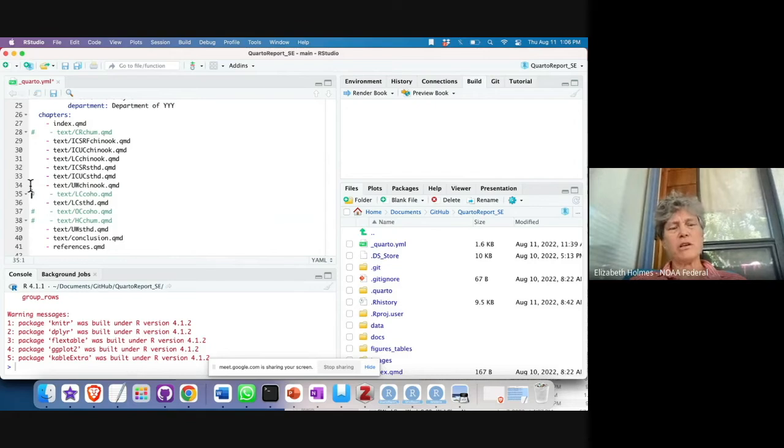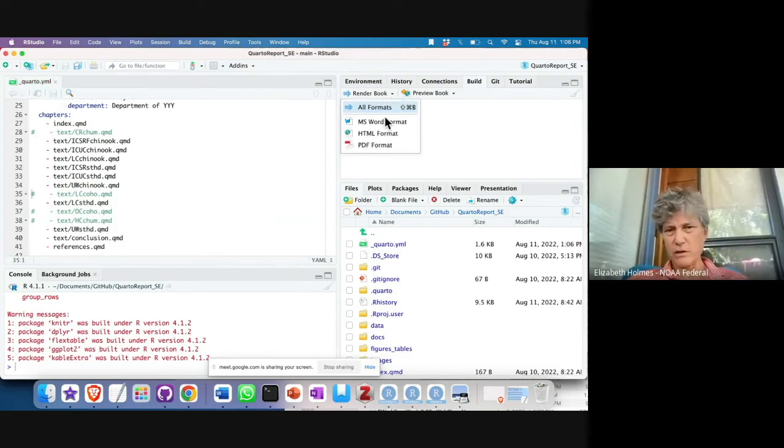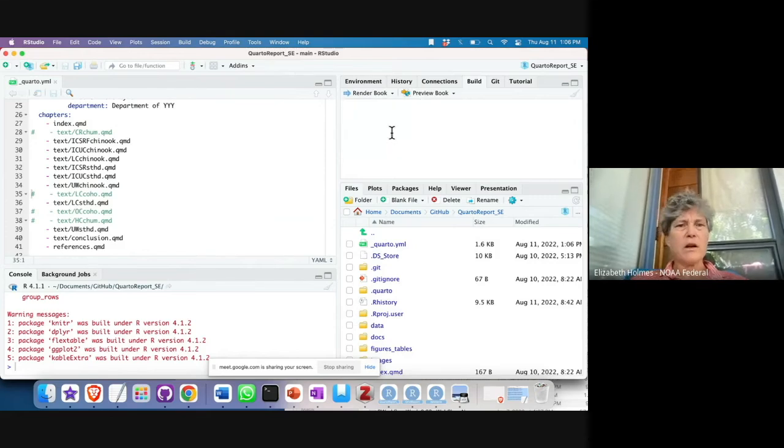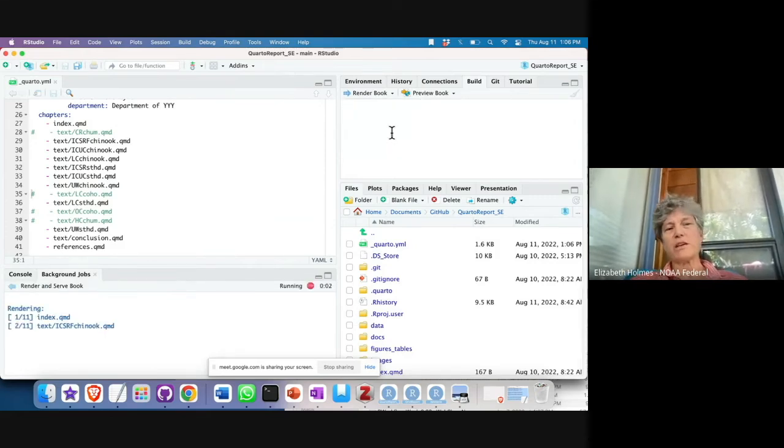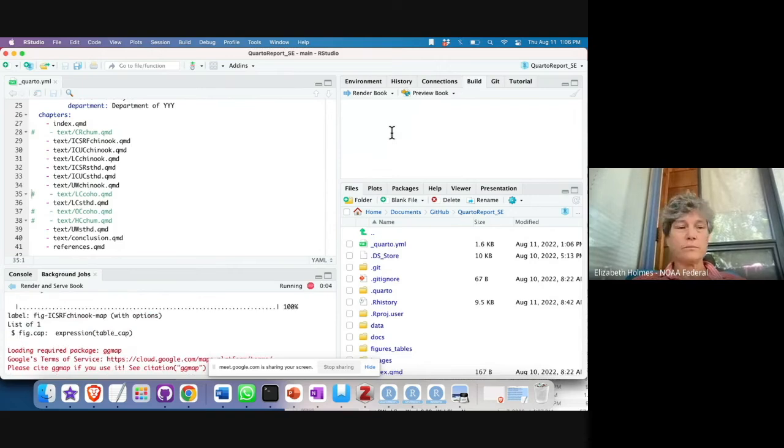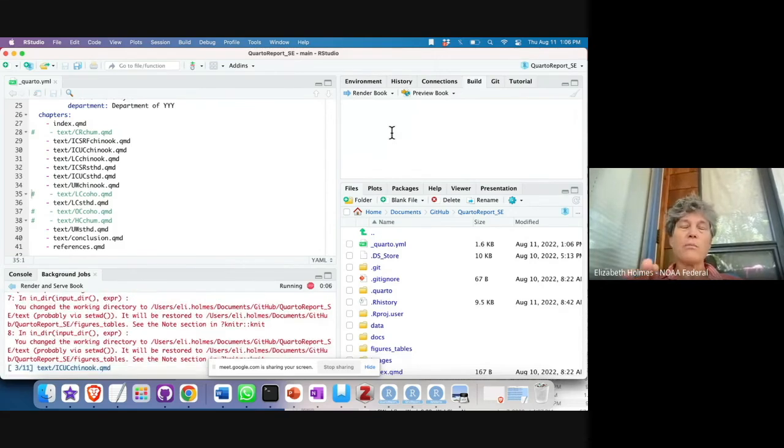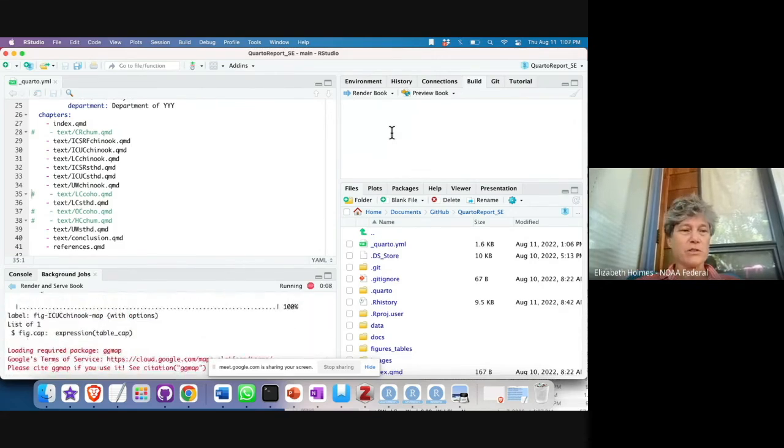Let's imagine if we, let's save that. I'm gonna go ahead and render to HTML. So let's imagine that I did that. If I were working in Word, if I did that, all my cross references to my tables are going to